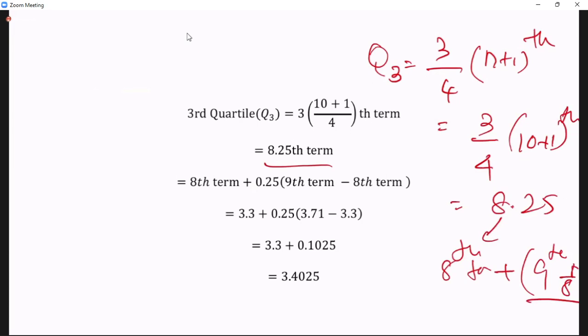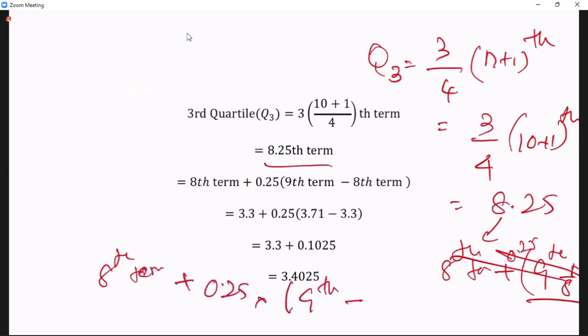Here we have 0.25 now, so you need to multiply this difference by 0.25. Understand? If it is not clear, I will write it again: 8th term plus 0.25 times (9th term minus 8th term) gives